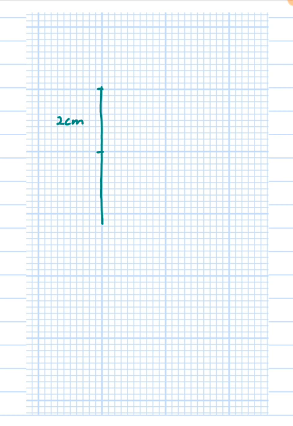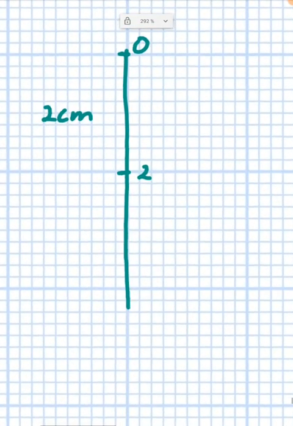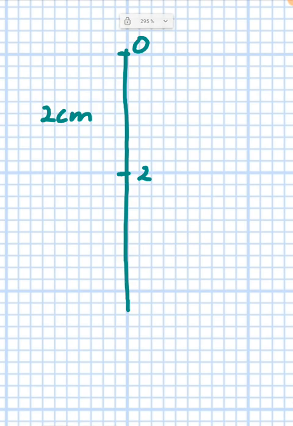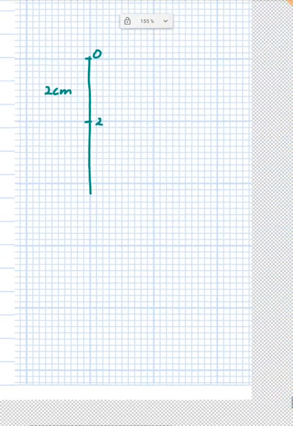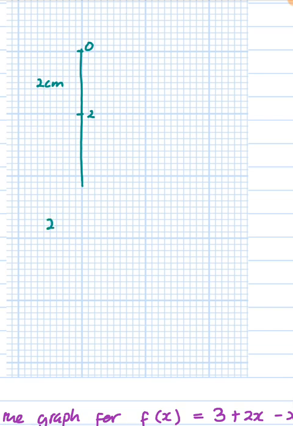But 2 centimeters represents 2 units, which means from here, let's say from 0 to here is 2, right? Knowing that helps us know what 1 unit would be. So we have said 2 centimeters represents 2 units, right? What about 1 unit? It becomes 1 over 2 by 2, then it becomes what